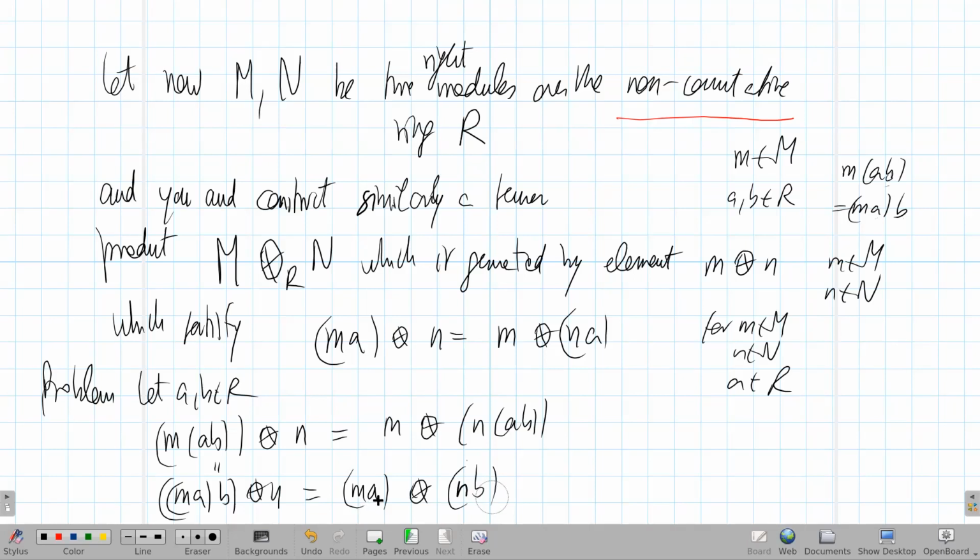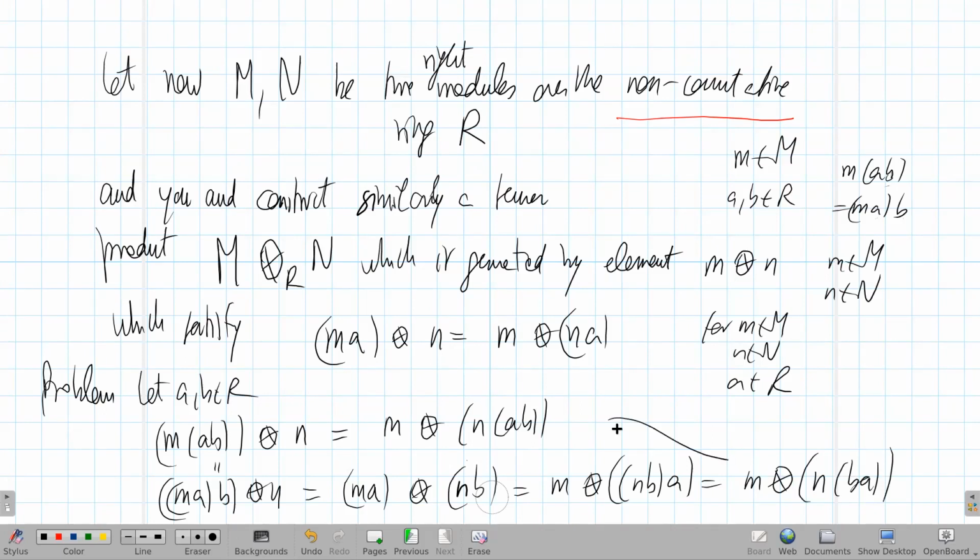You see, you have na, but on the right you have nb, but that's just another element of N. So you can bring the a to the right. Okay, because that's what you do. You simply take the a to the right. But by this rule, we find that this is